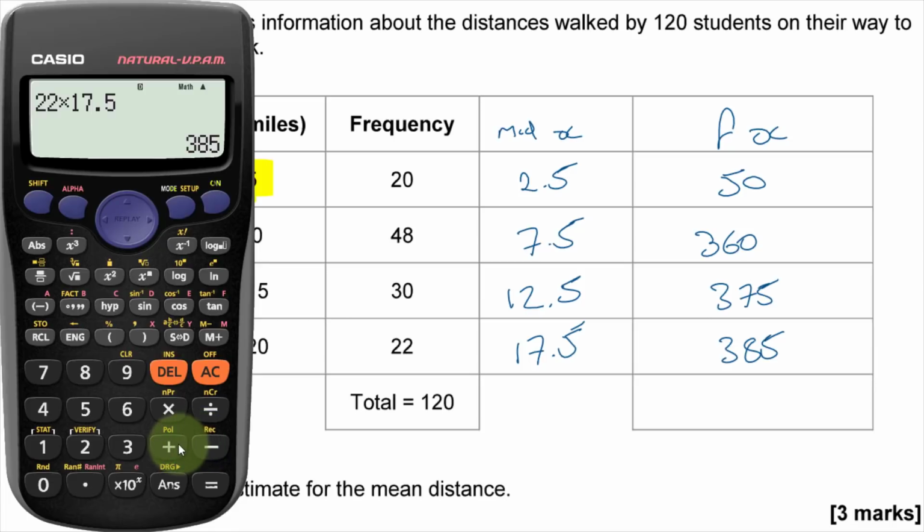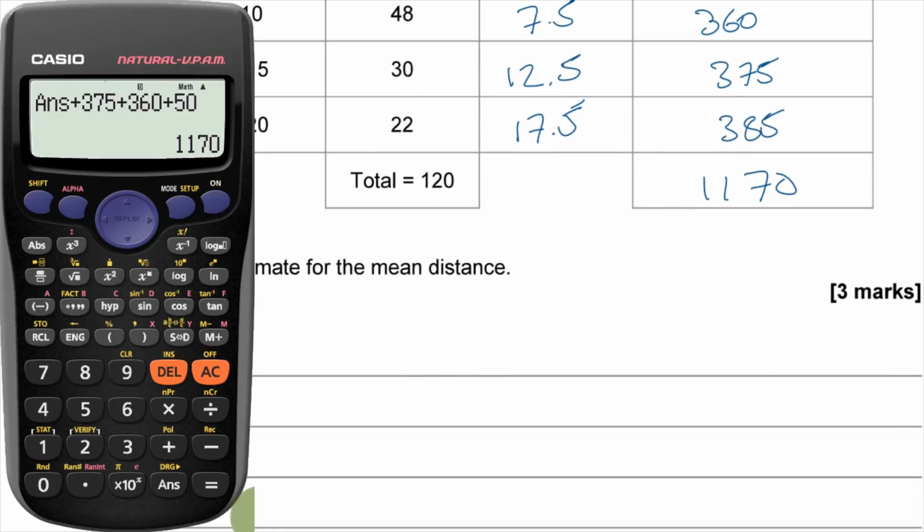So 385 plus 375 plus 360 plus 50. That gives me a total of 1170. So then my estimated mean,